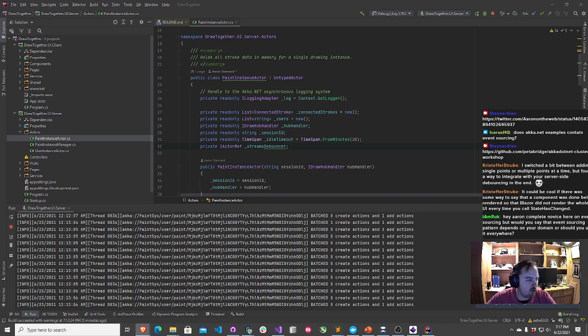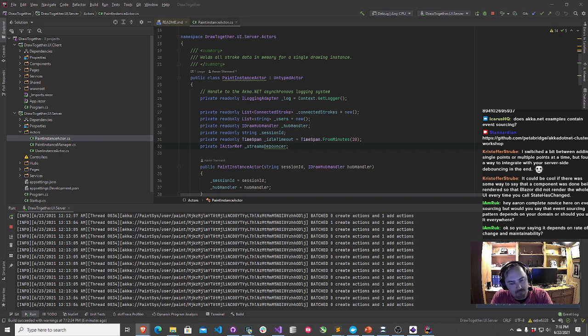Now, one thing that Christopher, Nelson Jimenez and some other viewers have mentioned with our draw together example is we should try to materialize all of the strokes into a single shape and render that all at once, rather than redrawing the whole thing from scratch. That type of model is what's known as snapshotting, and that's totally compatible with event sourcing.